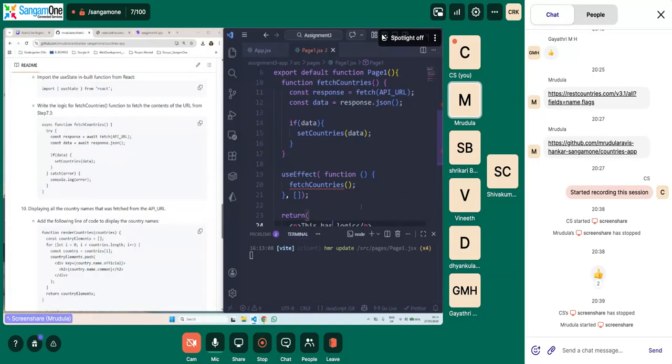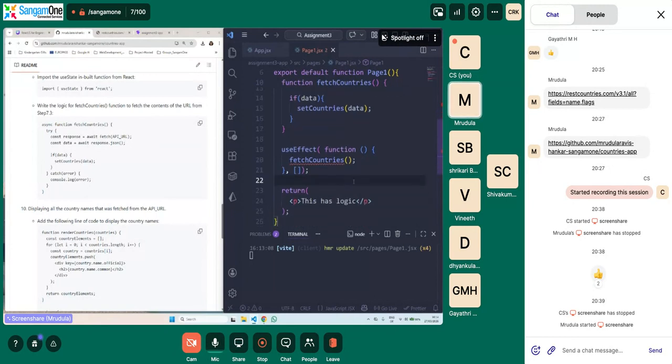Okay. Now, what we did was we just fetched the data from the URL, and then we are having it in our web page. Now, what we need to do is we need to render it. Rendering is just displaying it on the website. So for that, we need to go through each and every element that was sent to us.